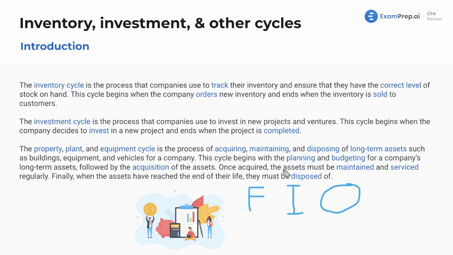Once acquired, the assets must be maintained and serviced regularly. Now, finally, when the assets have reached the end of their life, they must be disposed of. All of these components are super important. On the financial statements, journal entries, think about how we have accumulated depreciation and depreciation expense. We need to ensure that everything's properly recorded with our contract count, net book value, everything like that is going